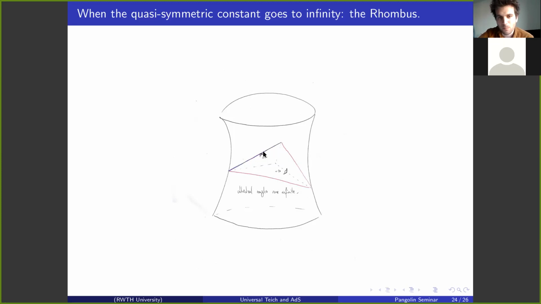And just by a simple geometric argument in AdS, you will see that the dihedral angle of those 2 space-like lines would be infinite in this case. So that's actually not possible if you started with a bounded pair of laminations. Actually, this picture explains also what happens if the laminations are non-bounded. So this cannot happen. So this quasi-symmetry constant cannot blow up,